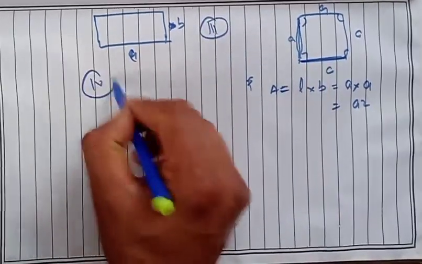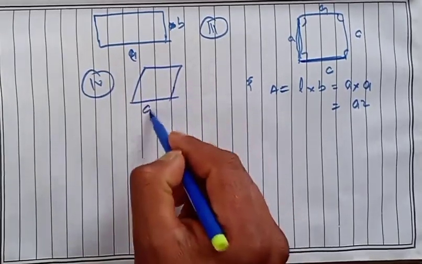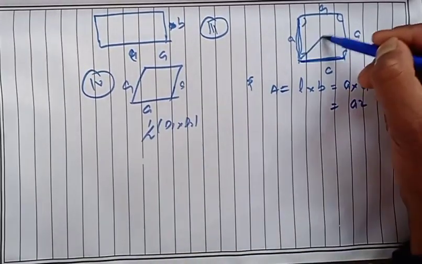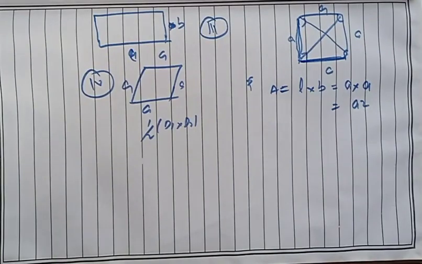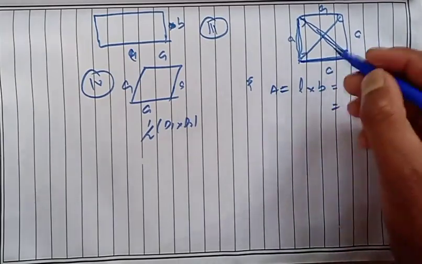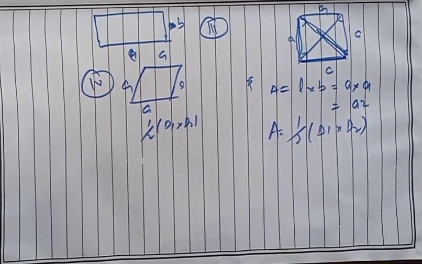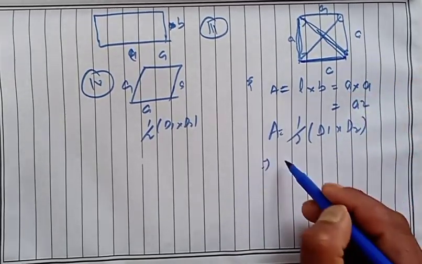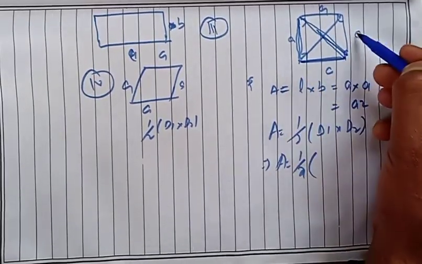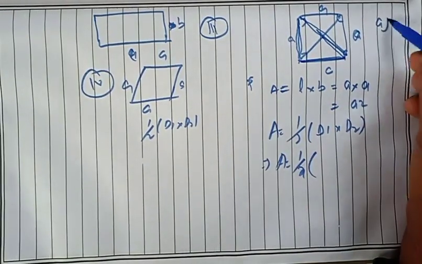Now the case fourth is, let's apply the formula for the rhombus. We know the formula for a rhombus, that's 1 by 2, diagonal 1 into diagonal 2. We know that suppose these are the two diagonals of the square. Suppose this area will be equal to 1 by 2, diagonal 1 into diagonal 2. So we know here area will be equal to 1 by 2. The diagonal of this square is the hypotenuse of the triangle, and we know it is root 2